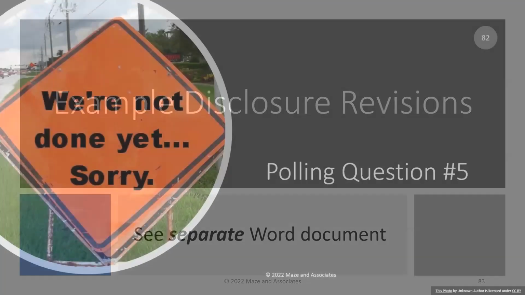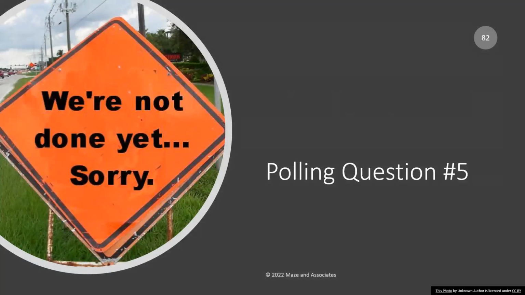All right, and I'm going to skip. No, I want to go. We'll do polling 5, and then we're going to be done. I want to do polling 5 because this is going to tell us where you stand. We've been talking about this for a long time. It's not the first time a lot of you have gone through this process. So where do you stand in your preparation for the implementation of 87?